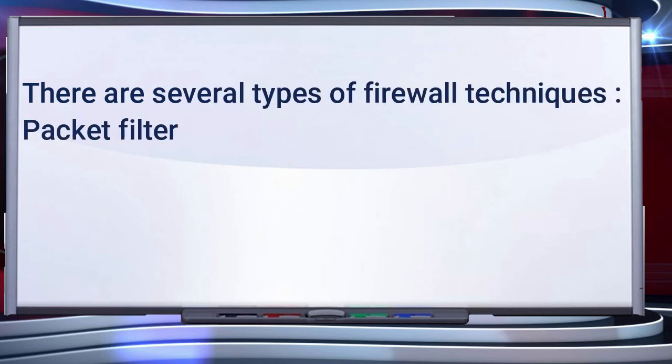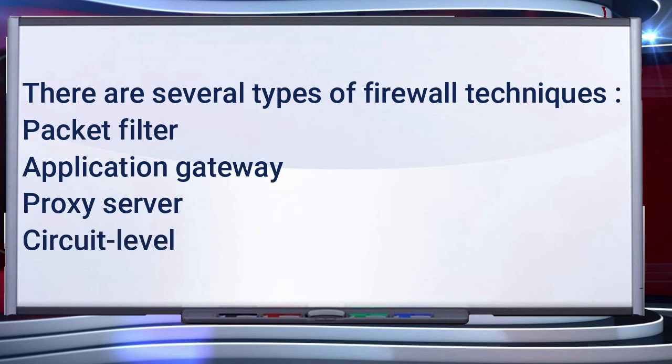First is packet filter, which looks at each packet entering or leaving the network and accepts or rejects it based on user rules. Second is application gateway, which applies security mechanisms to specific applications such as FTP and telnet servers. Next is proxy server, which intercepts all messages entering and leaving the network. Next is circuit-level gateway, which applies security mechanisms when a connection is established. In practice, many firewalls use two or more of these techniques in concert.